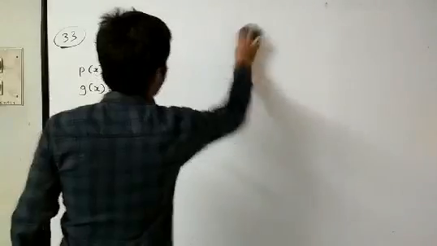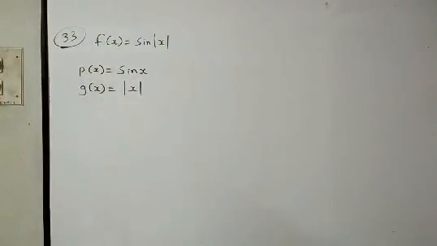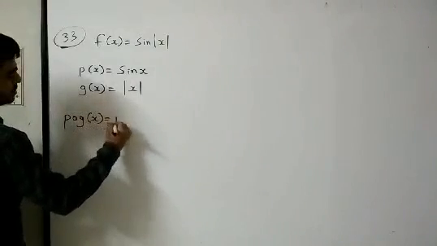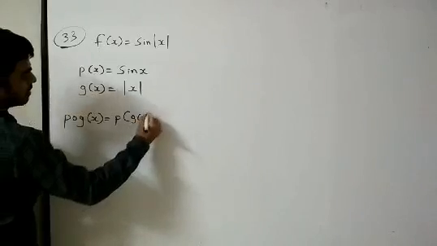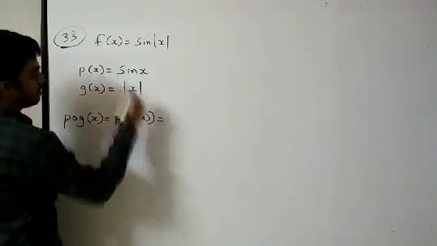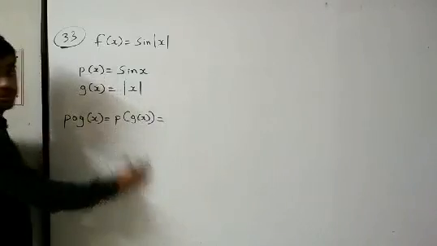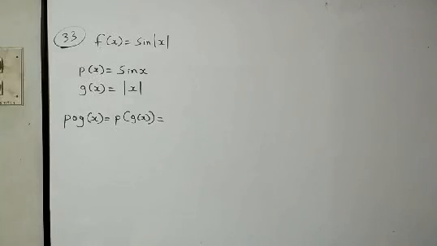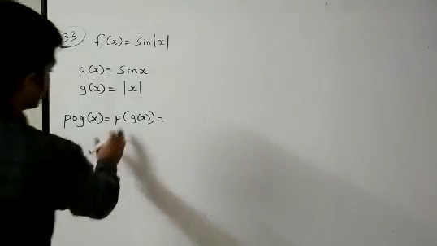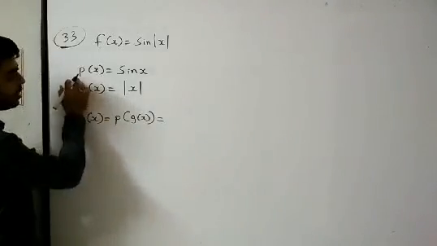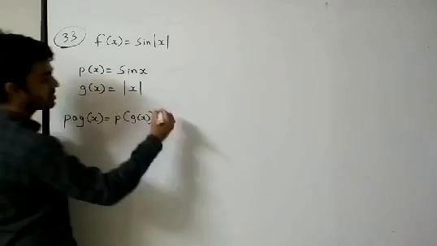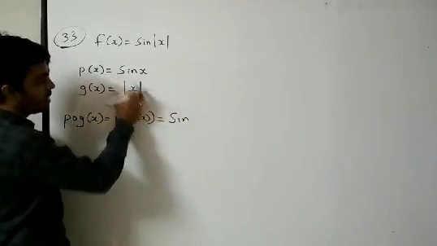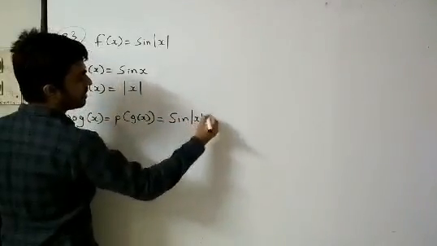Why I have written like this way? Because we must get here, if you see p of q of x, so p of q of x you get, then see whenever you are writing like this, suppose you have confusion, ठीक है, तो आप मेरी बात को ध्यान से सुनना. अगर आपको अभी भी कंफ्यूजन लग रहा है कि p of q of x कैसे लिखते हैं, ठीक है, तो p of x क्या है, sin x, तो sin लिख दो, x मत लिखो, ठीक है. x कौन सा लिखो आप, ये वाला मॉड्यूलस वाला, ये फंक्शन मिल गया ना.